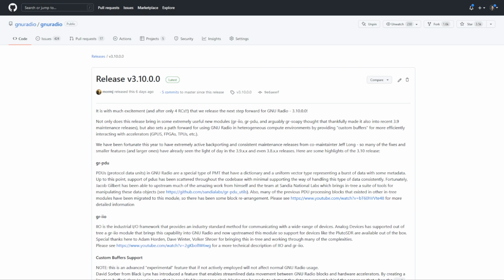We do have future work going on, taking the custom buffers concept and building onwards. There's the large effort of assembling the next generation GNU Radio scheduler, which will have features which have long not been included in the GNU Radio core.